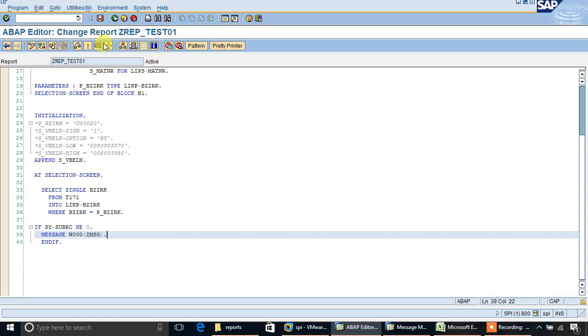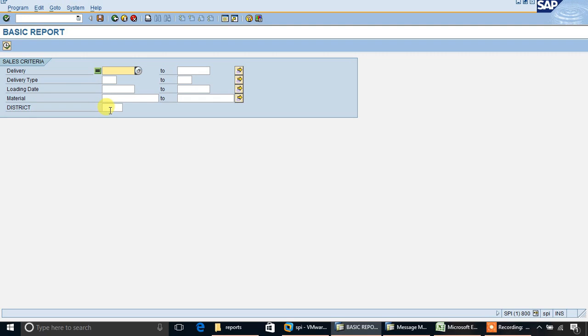Here the end user gets only no records found. Previously it showed message number, message class and text. The end user does not understand this message class, message number and then text. This is the simplest way and SAP recommends this way.